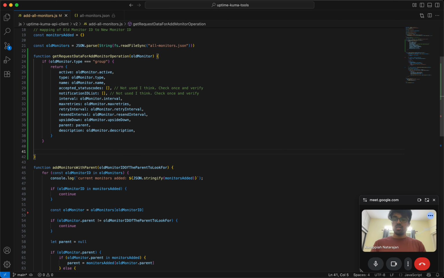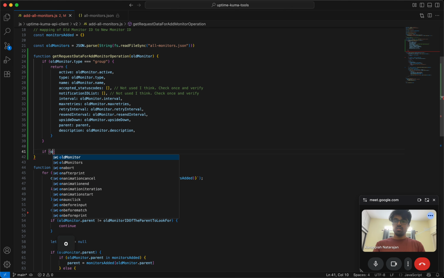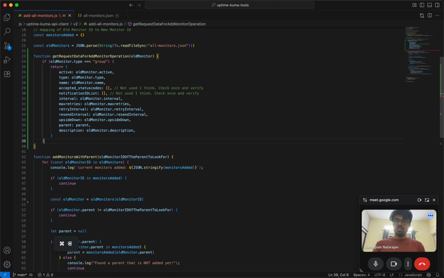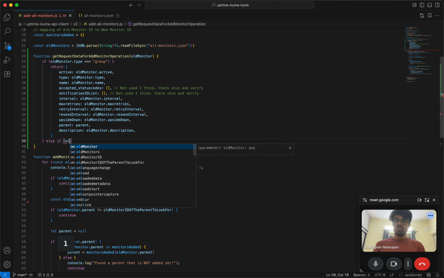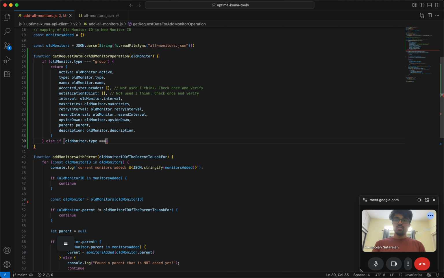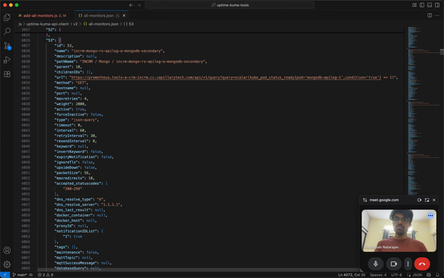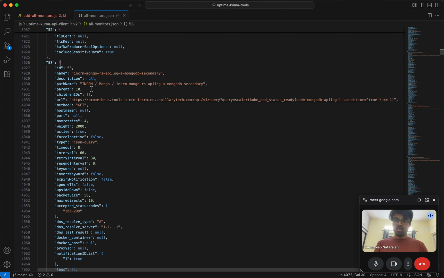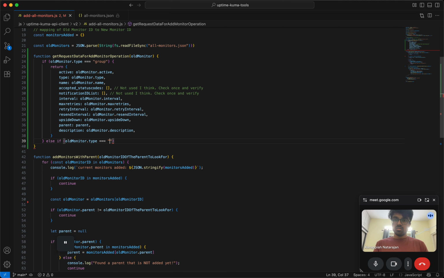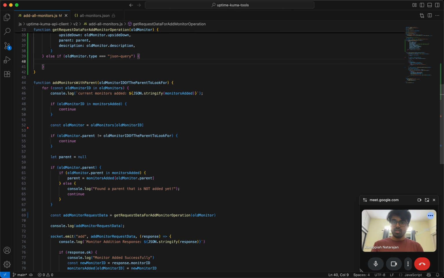And then else if old monitor dot type is equal to, I think I'm looking for JSON query. So it's JSON query, JSON query. Then just do this. Right, once you get the data, I think the thing to do is basically